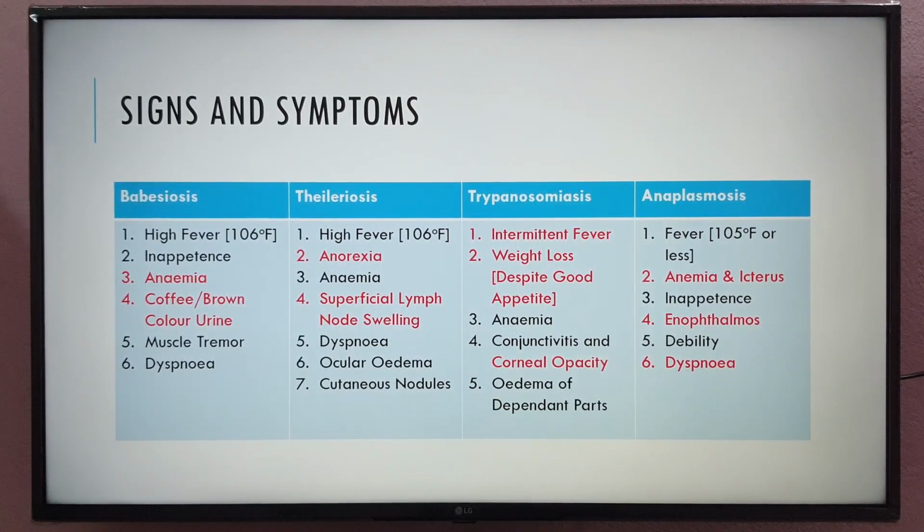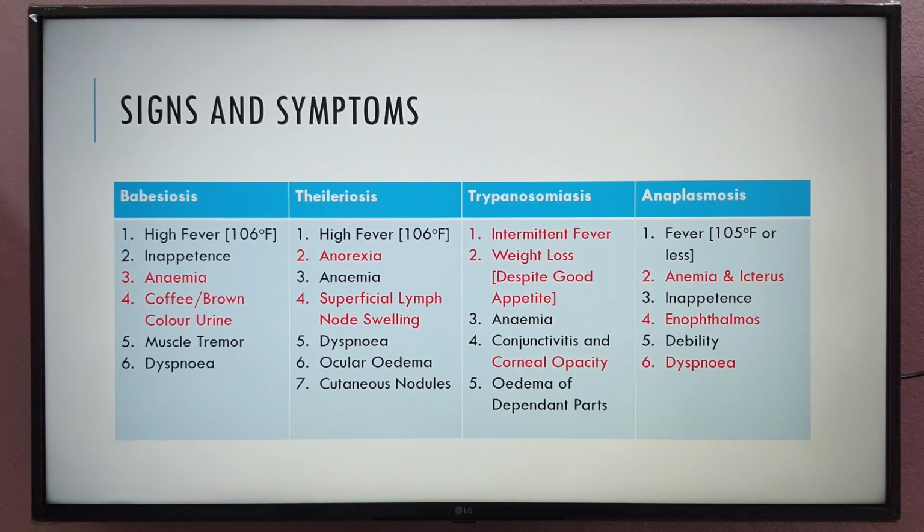Next, there will be anemia, of course, hemoprotozoa. Then there will be conjunctivitis. Sometimes in case of trypanosomiasis, this may be a characteristic feature. In the field, you will find there will be hemorrhages in the cornea. Okay, bloodshot eye, the conjunctivitis, and then corneal opacity. Corneal opacity is also characteristic of trypanosomiasis. You see, all the red marks are characteristic, but they may be found in other diseases also, some in babesiosis, some in theileriosis, but they are more characteristic of a specific disease. Always remember, the signs and symptoms are only a tentative diagnosis. The confirmatory diagnosis is by laboratory.